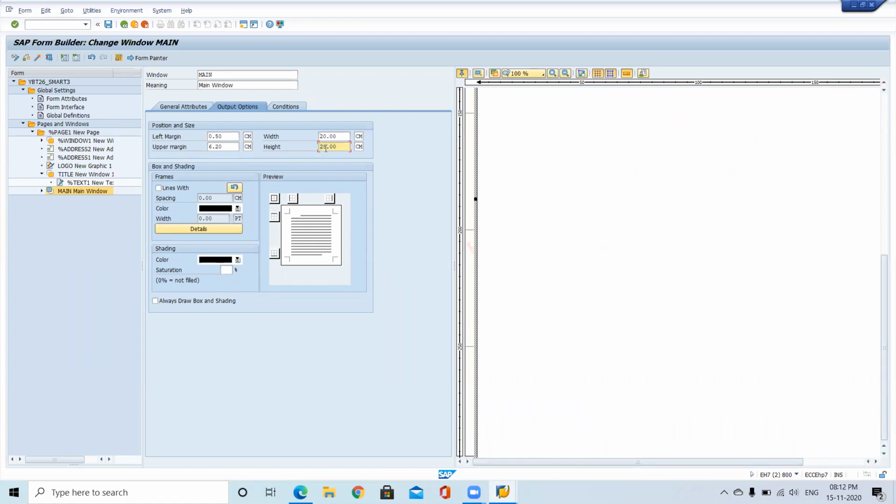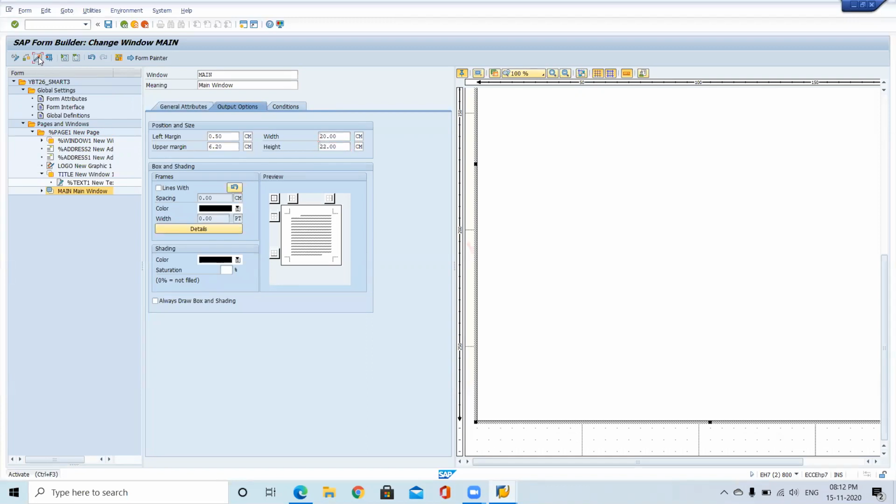25 is exceeding that. So just try with 24. Still it is crossing. Just try with 23. Now it's within our limits. So then just try with 22. So at the bottom of this window, I just want to print how many pages are there. What is my current page?